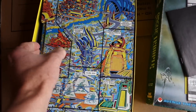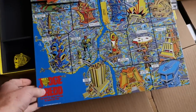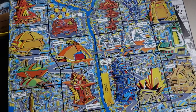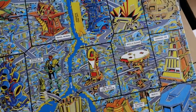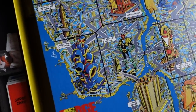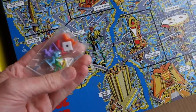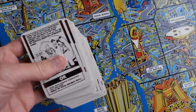And here's the board. Let's check out this lovely board. Oh, and look at that. It's a 4-piece jigsaw board, and it's big picture, incredibly detailed, of Mega City 1 broken up into districts. So that's what you play the game on, and you play it with these tiny little Judge Dredd figures and 1 6-sided dice. And you have a bunch of cards,